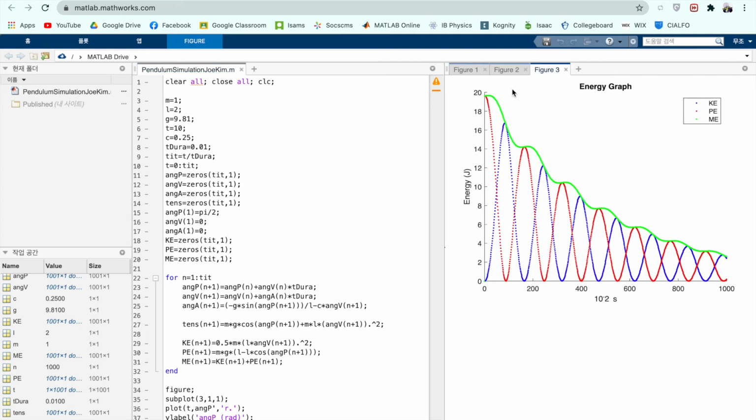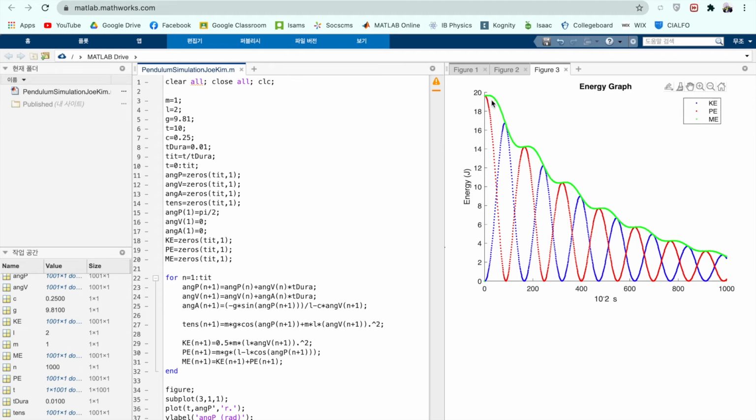Do the same thing for energy. Now, as you can see, the total energy of the system is decreasing. And that's because I set the value here. I had this retarding coefficient, and this retarding coefficient can be due to a lot of reasons, for example, air resistance, or maybe heat generated in the string. But anyways, what you can see is that due to that loss of mechanical energy, the total energy here,